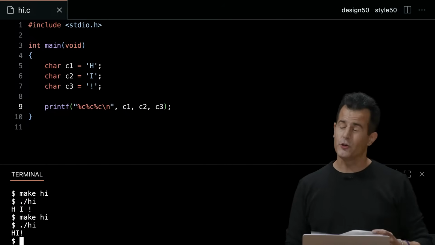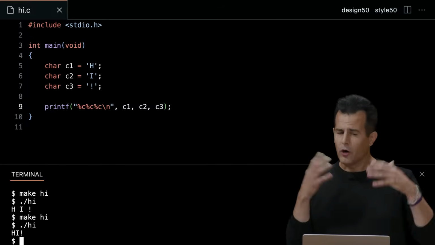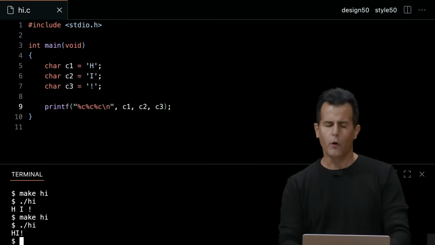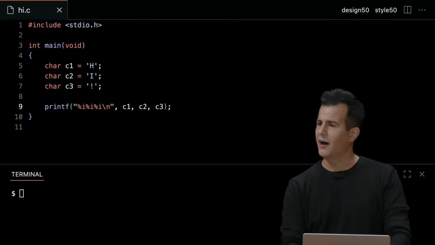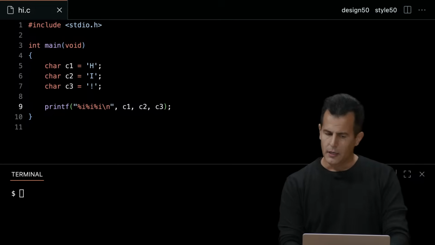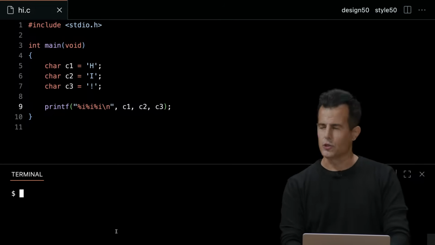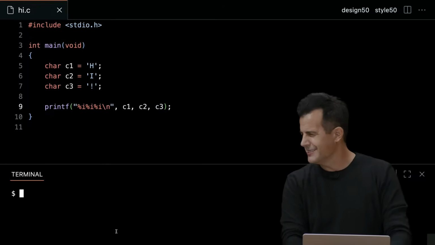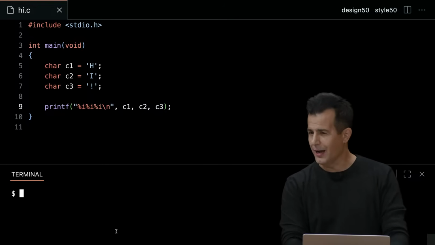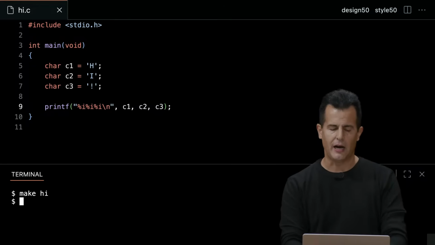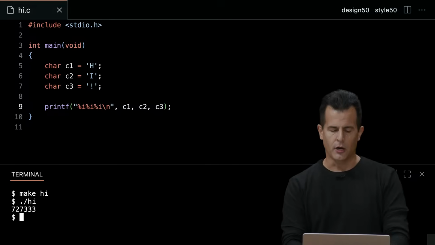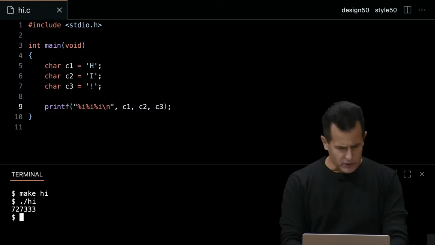But here's where an understanding of types can give you a bit of power and sort of satiate some curiosity. What if I change my %c to %i? %i, so int. Well, turns out that a char is really just a number because it's an ASCII value from 0 to 255. So there's nothing stopping me from telling the compiler, don't print these as chars, print them as integers. So let's do make hi, ./hi, enter. And that's a little cryptic. It looks like it's saying